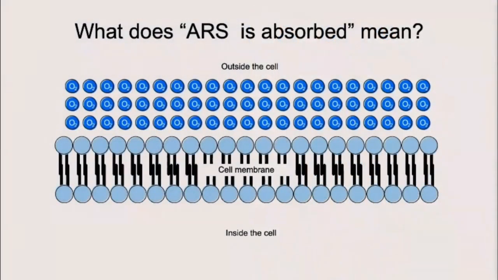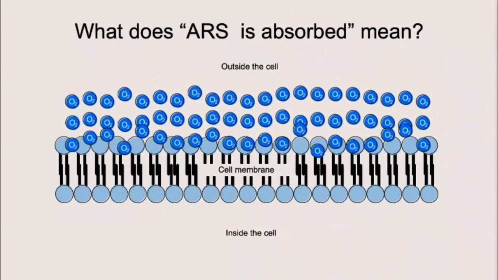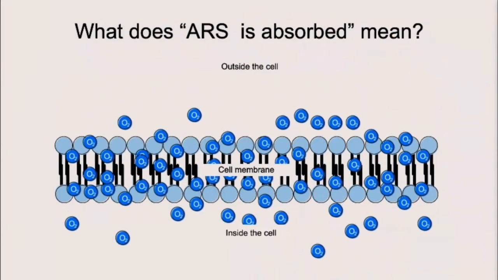But what does it mean to be absorbed? Well, in the case of signaling molecules, they undergo what's called passive absorption, meaning because they're so tiny, they're free to pass through the cell membrane without permission. They can be readily accessible to the cell and absorbed so they can go straight to work.